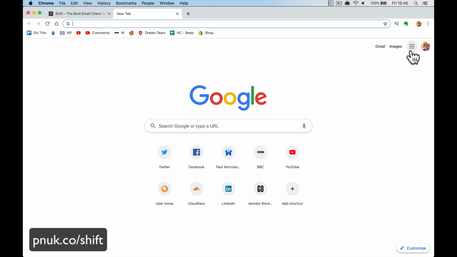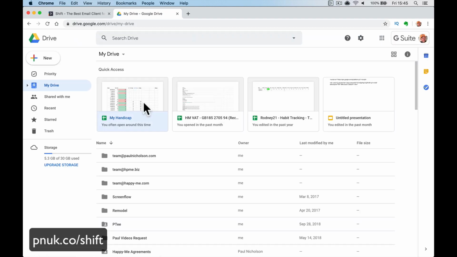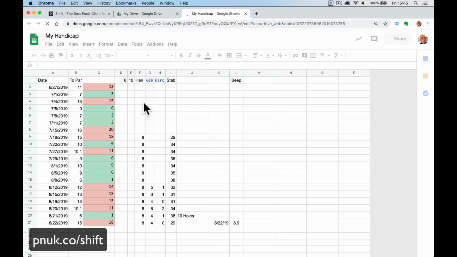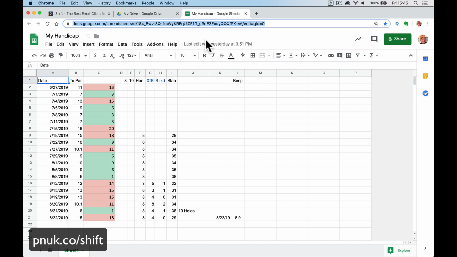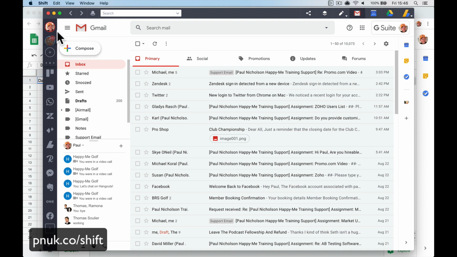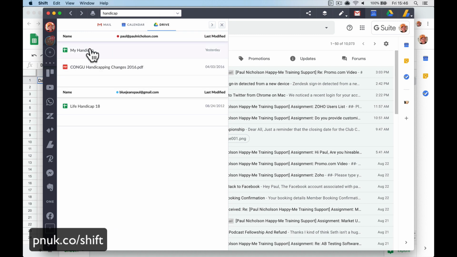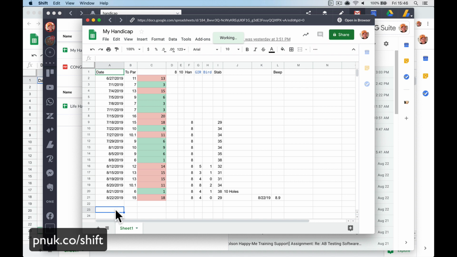But what I used to have to do was go over to here, click Drive, click on my handicap, open it up and edit it, right? Which I'm actually a lot better at it than I was, and it doesn't seem like that was a slowing down thing, does it? But obviously what I do now in Shift, I go up here, I go to my Gmail, and I just type in handicap, search it in Drive, my handicap, opens it up, and away you go. And obviously if you've got lots and lots of different things, you're always using Drive, you're always using things in there,